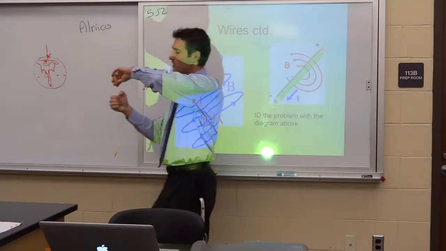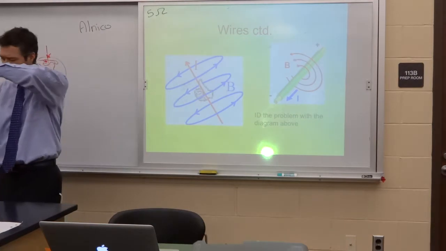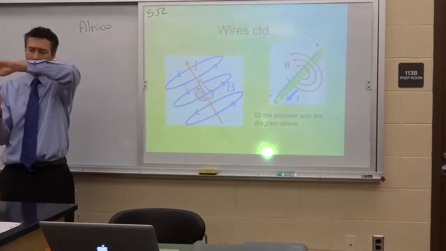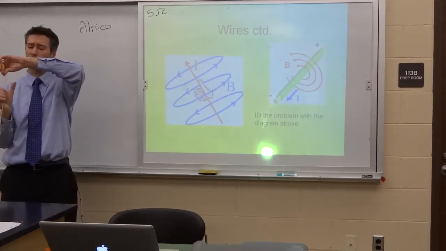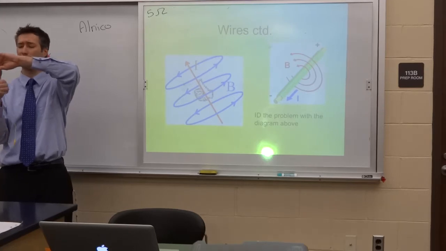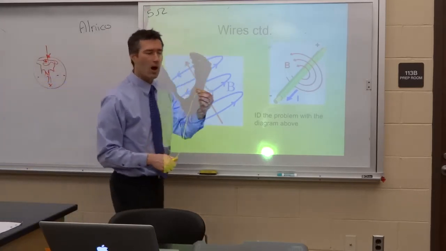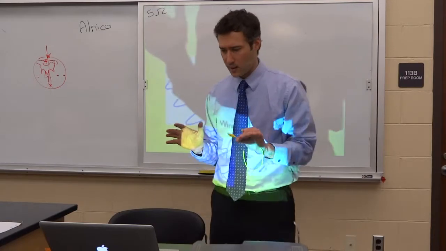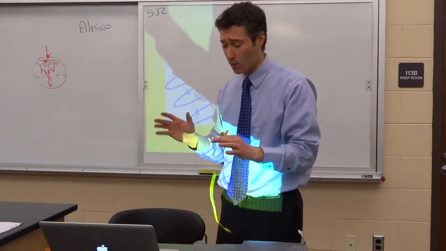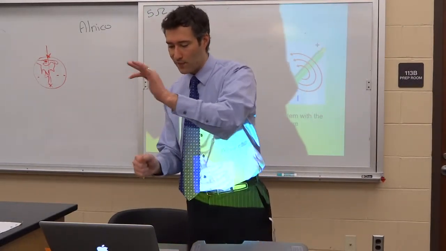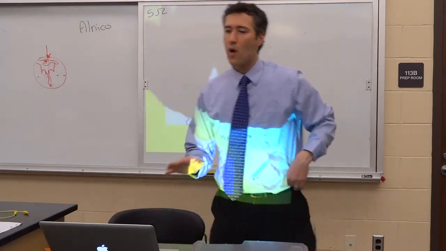If you just look at the piece of the wire that has your fingertips, your fingertips would point in the direction of the field line. So you can always just rotate your hand until you get the direction that you're looking for. And I think we'll wait until next class to test that out and make sure that that works. Now that's great for a vertically oriented wire. Why don't we